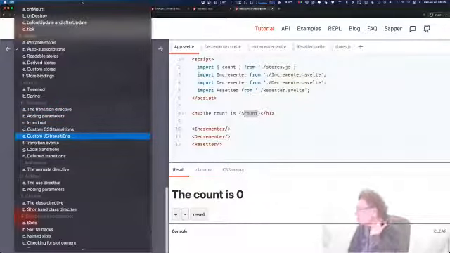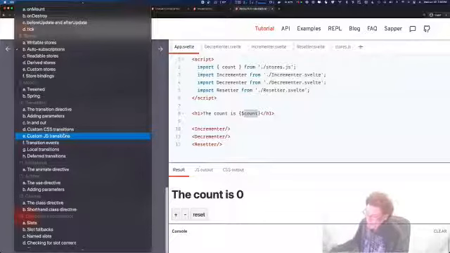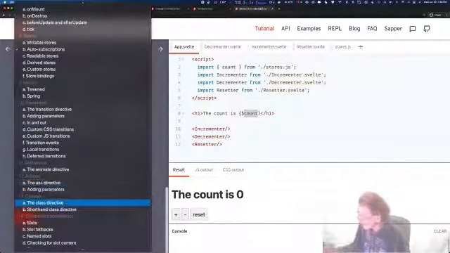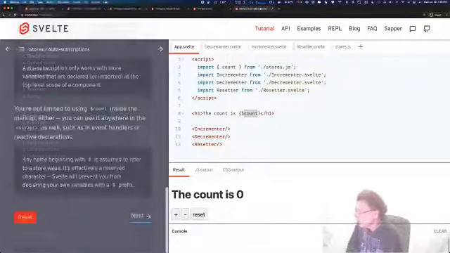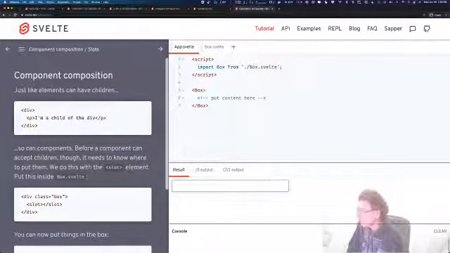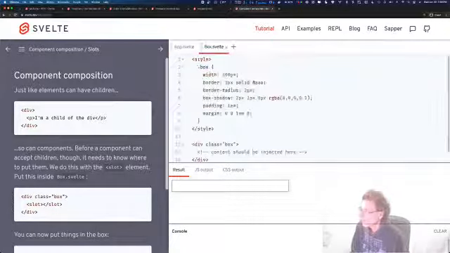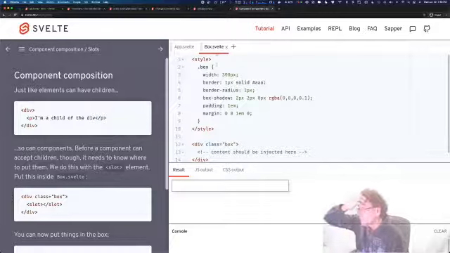Svelte uses the concept of slots as Vue does, as do web components. React does not. That's because it has JSX and virtual DOM and a few things. But slots basically allow you to put information. So they have a file here called